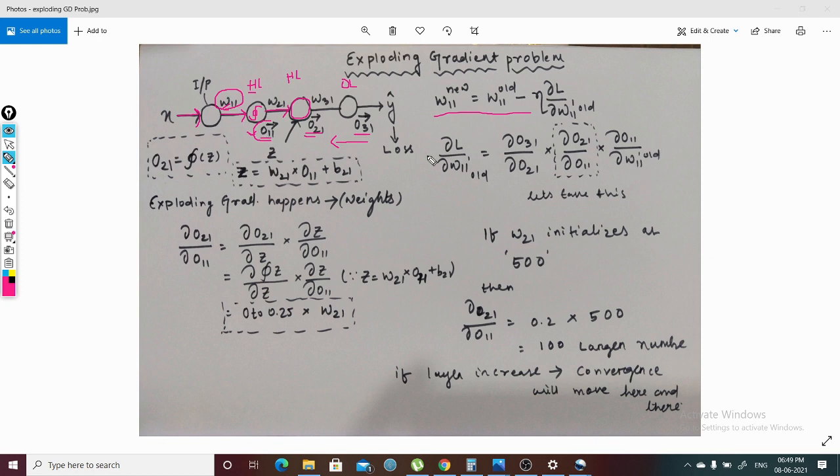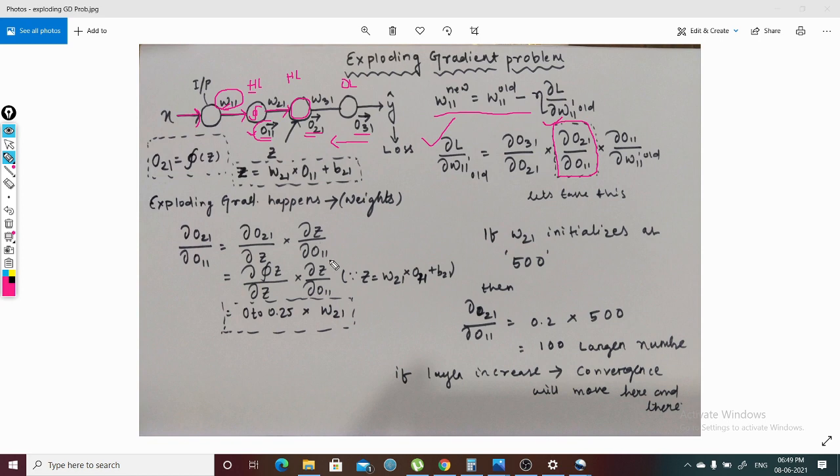So we have taken the simple chain rule of backward propagation. Supposedly we try to calculate this particular derivative. I have just taken one example, like taking the in-between value. Let's see what the value of this is. Why I have written here that exploding gradient happens because of weights, let's find out.